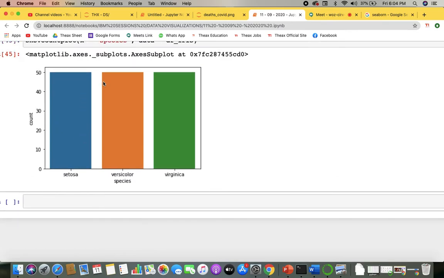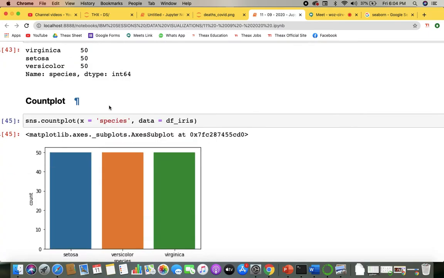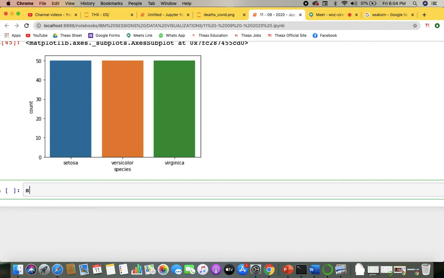So I get the colors descriptive thing of a graph. It says the setosa size is 50, versicolor is 50, virginica is 50. Similar to this, if I bring some other data, let's say for Titanic,